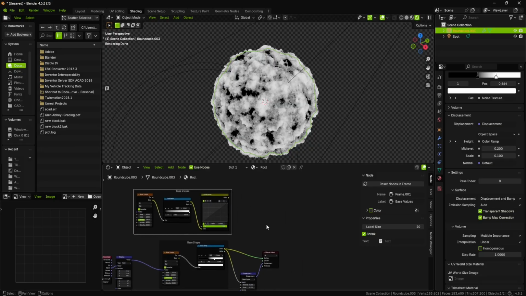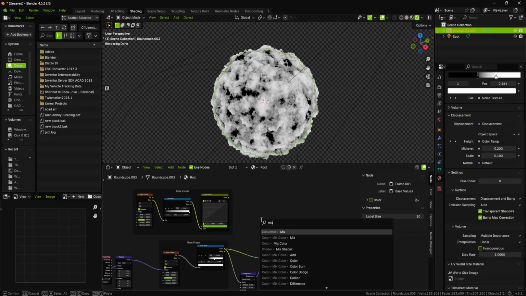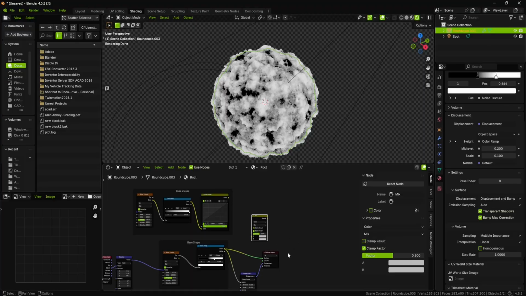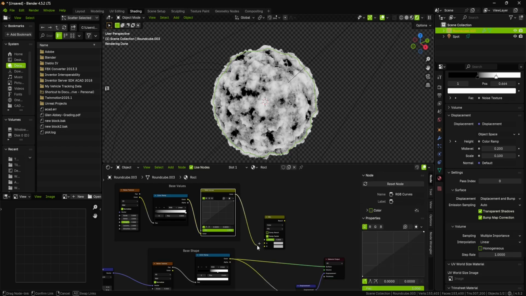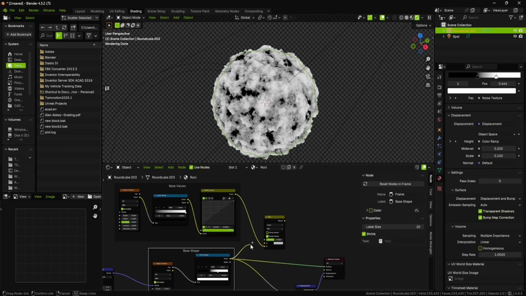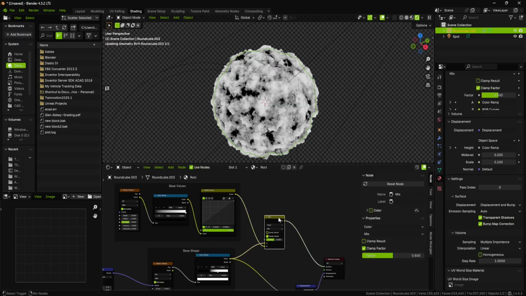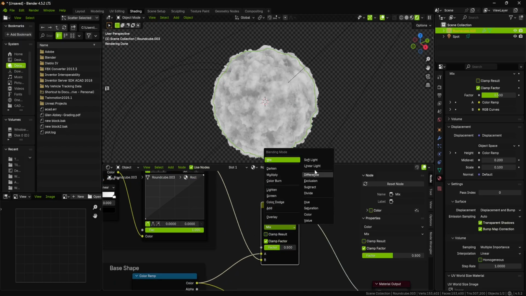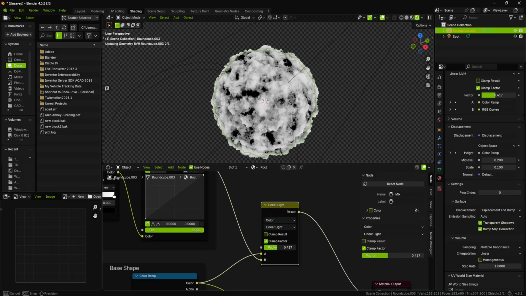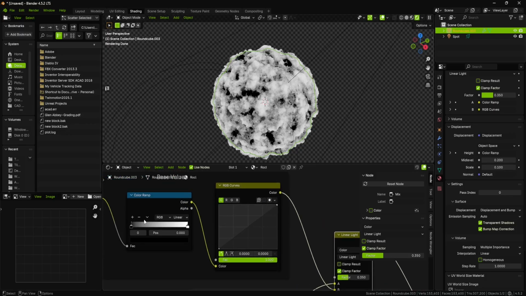Then I'll hit Shift-A and add a mix color node. I'll plug the base values into input B and the base shape into input A. Then hold down Control and Shift and click on the mix node. And I'll change the mix to linear light, and I can move the factor slider to adjust the intensity. So I'll set it to about 350, and I'll come back over to the color ramp and hit the plus button